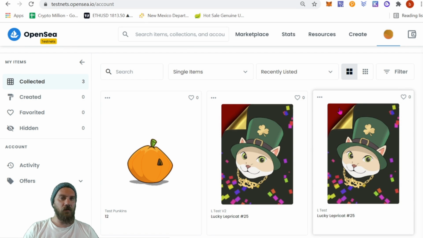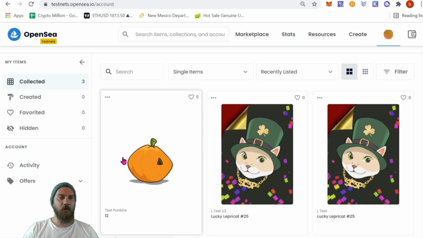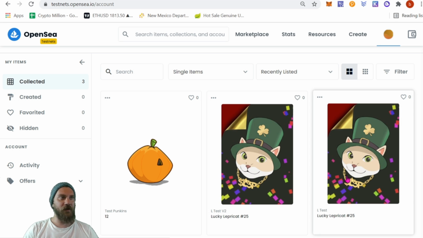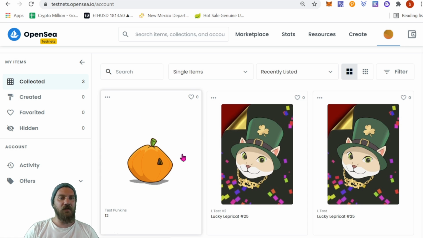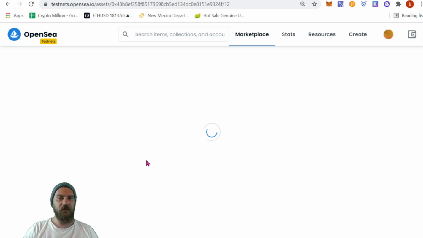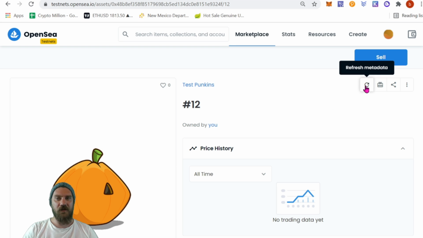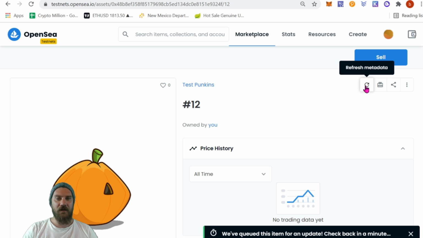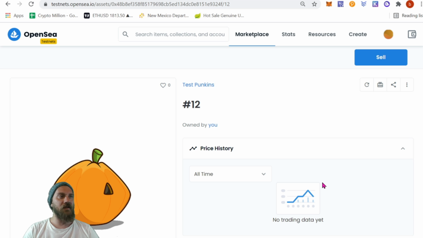And there we go. So it looks like I have two test leopard cats as well. I didn't even know about that. Pretty cool. That was probably from the LEP team there when they were testing out, sending them to different wallets or whatever. And here is our test pumpkin 12. So again, we can click on them and just refresh that data. And depending on how much information they have going on in their queue, it could take a couple minutes, couple hours, whatever. Like I said, last time I did it was pretty instant, but this time it seems like it's going a little bit slower.